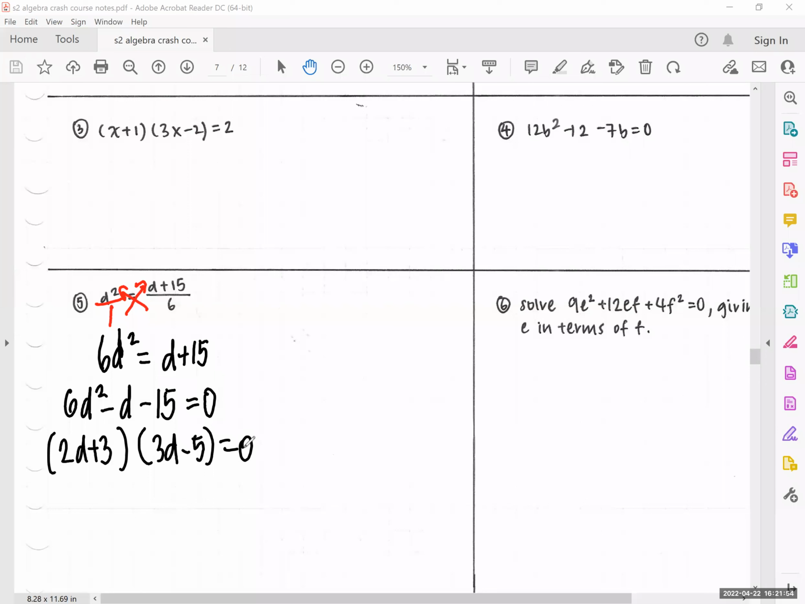So after you get this answer of 2d plus 3 and 3d minus 5, what can you say from there? 2d plus 3 equals 0 or 3d minus 5 equals 0. Then after that, what can I say from here? 2d equals minus 3, or 3d equals 5. Then after that,